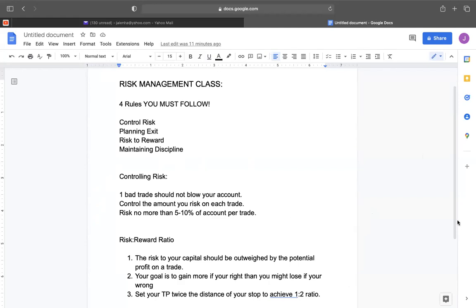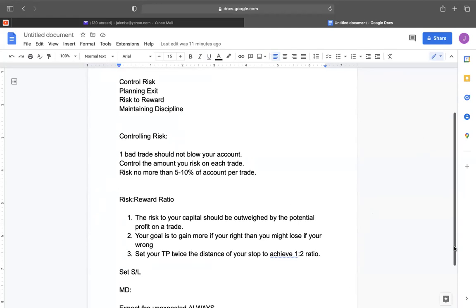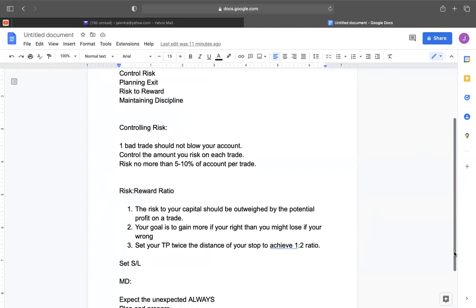Next, this one is pretty much important. This is kind of the type of trader that I am. I am a risk to reward trader, right? So every trade that I take, to make it make sense, every trade that I take has to have some type of great risk to reward ratio just for me to take it. That's like my number one, right? I'm not taking a trade that, you know what I'm saying? I'm not taking a trade that I'm barely going to have a nice risk to reward ratio on.